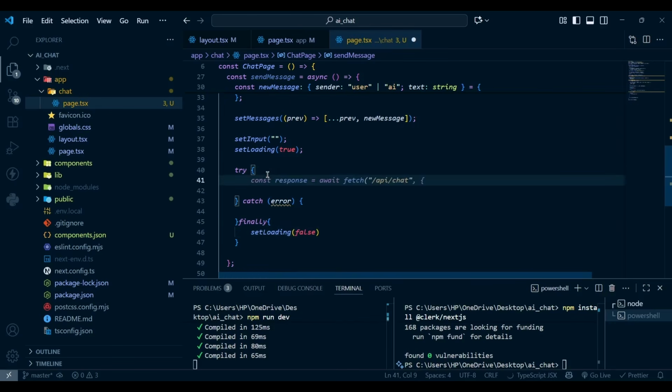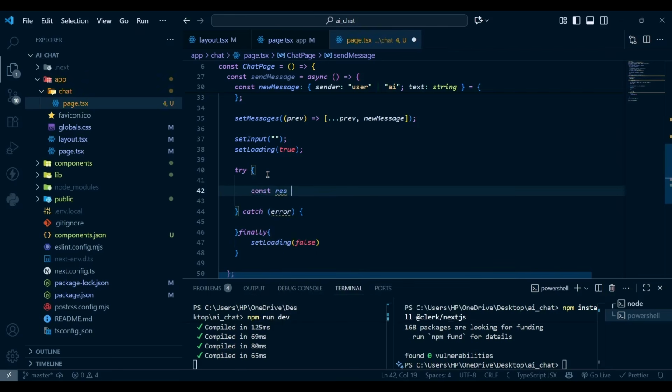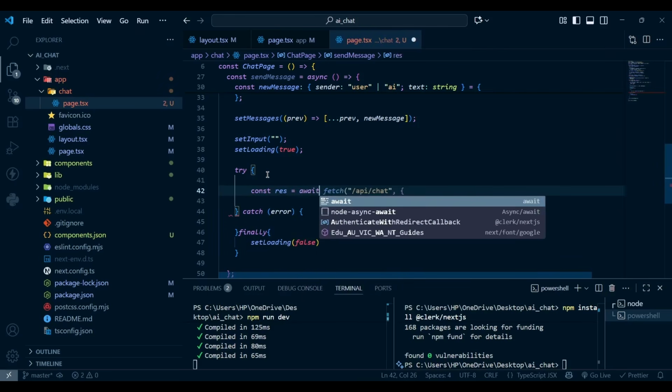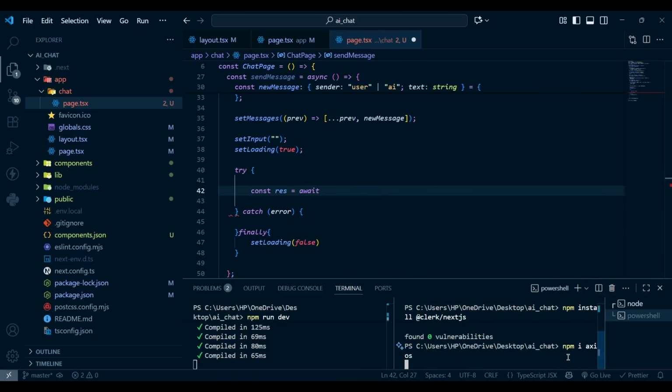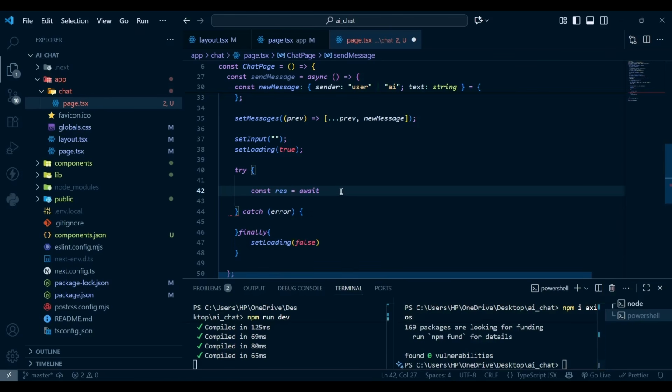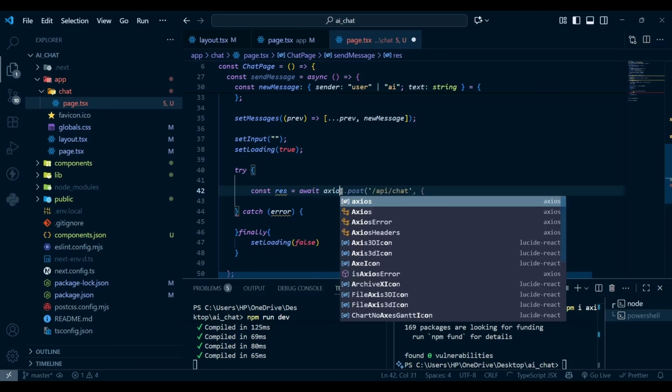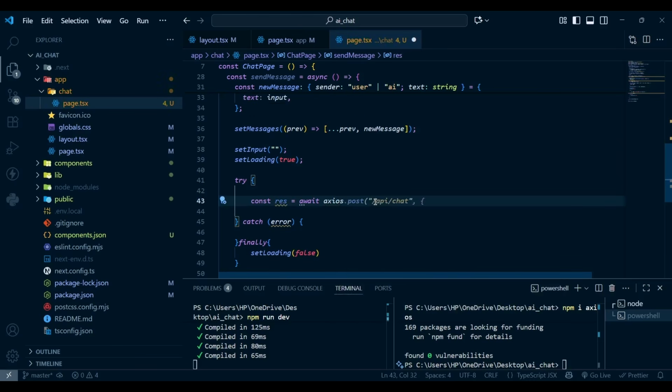Now in the try case, we're going to use const res. We're going to use await, and we need to install a package which is Axios. So I'm going to use npm i axios, which is a very popular library for making requests. So it's completed. So await axios.post,